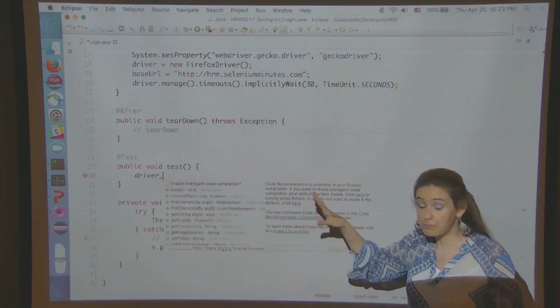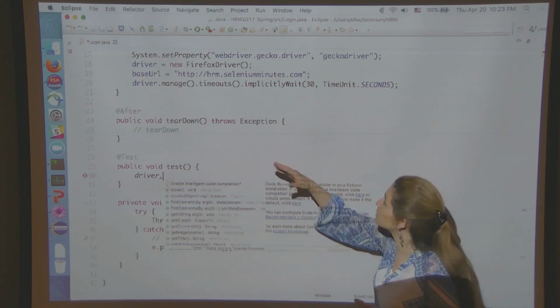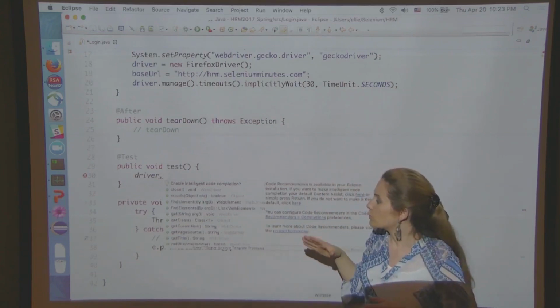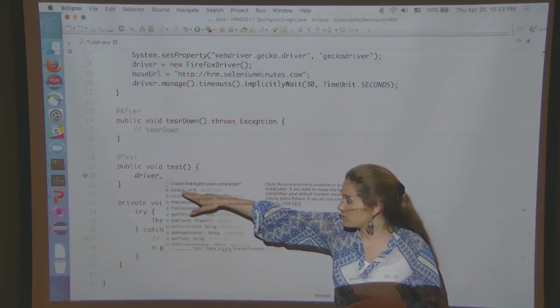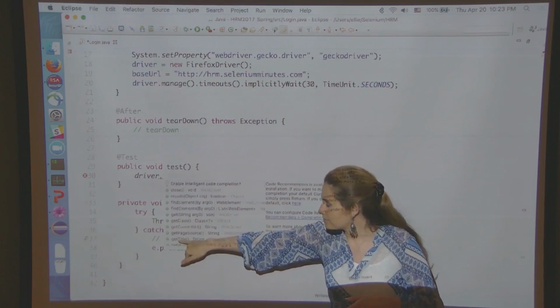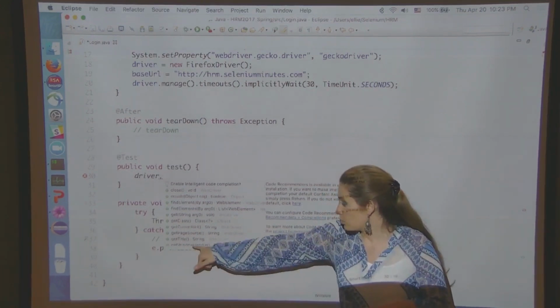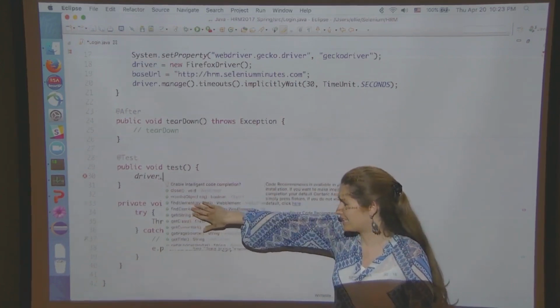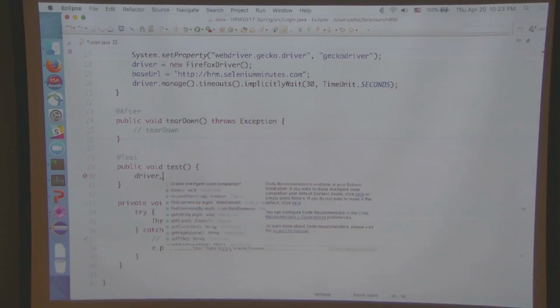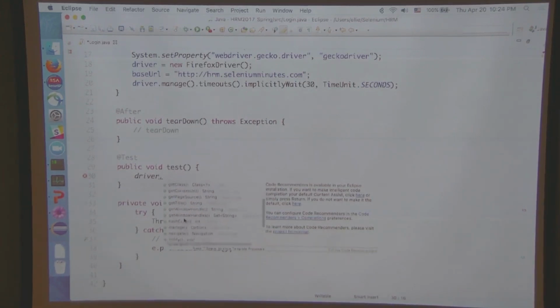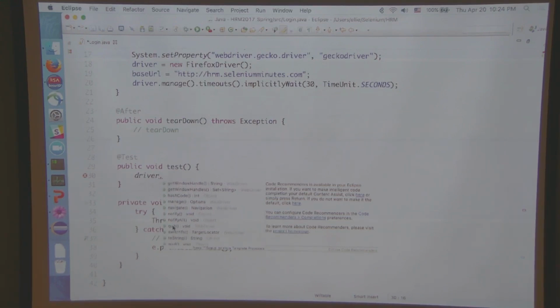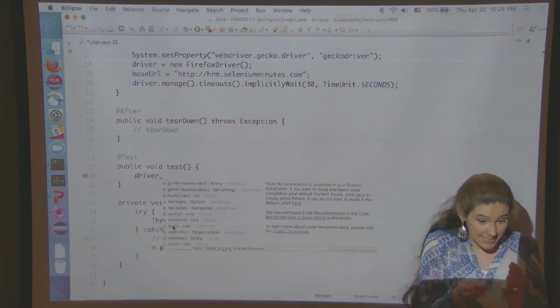Out of the box though, just by doing this little bit, new Firefox driver, you are able to open windows and close windows, get the page title, get window handles, I'll talk about what that means later, find elements, find one element. You are able to navigate, manage things, and quit a window. So you're able to do some basic little things.